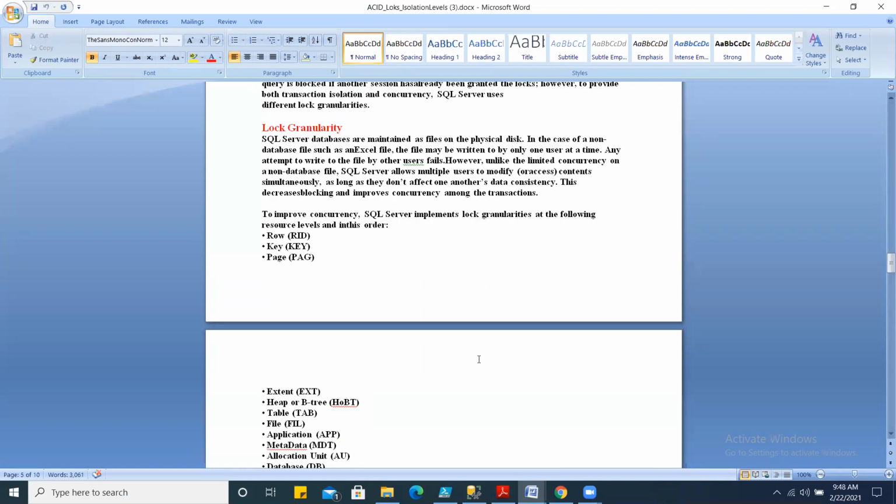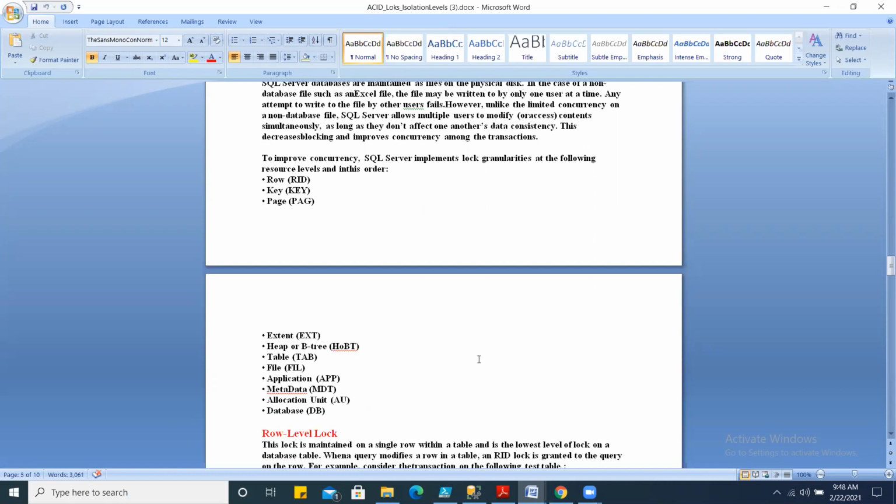Now, depending upon the nature of the transaction, locks may be acquired on any level in the database. That level may be a row, a page, an extent, or the table, right? Let's try to understand that. What I'm going to talk about is known as lock granularities.